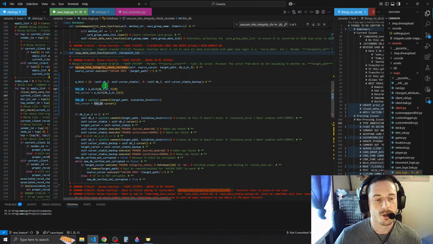And then we have the database is equal to adict db2 or 3 at index 0, which would refer to either db2 or db3, depending on what db2 or 3 was. And then we have the cursor, which is the same thing except referencing index 1, which would refer to self.cursorStable or self.cursorStableBackup, depending on what db2 or 3 was. And then we would say